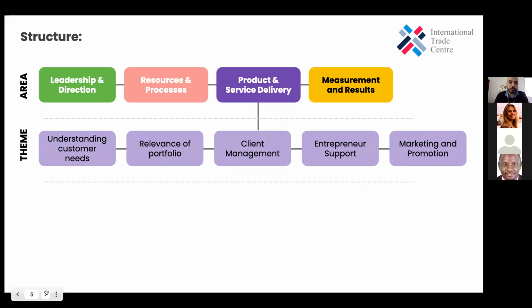So for example, within the area of product and service delivery, we have these 5 different themes: understanding customer needs, relevance of portfolio, client management, entrepreneur support, marketing, and promotion.